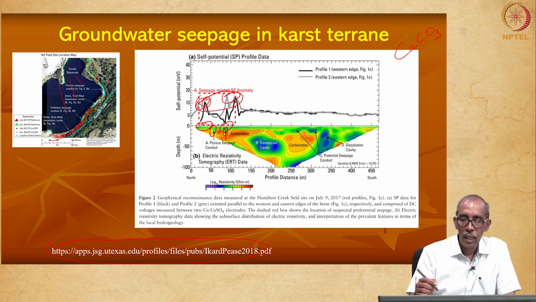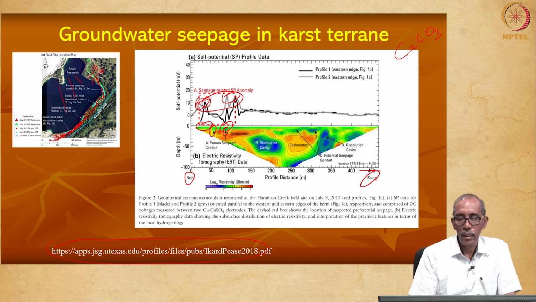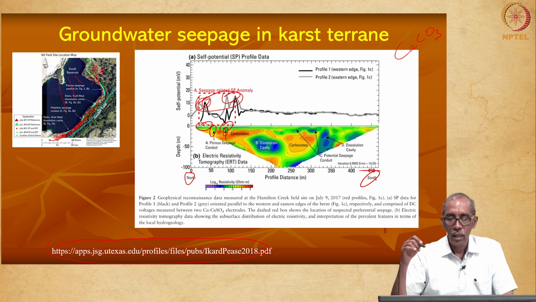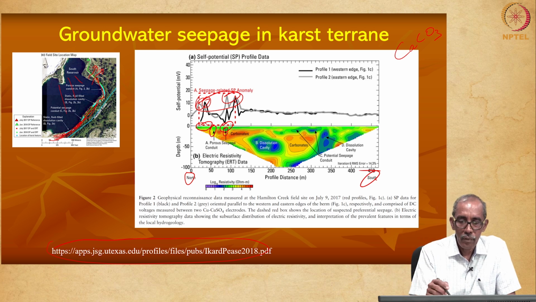Here, this is the north and this is south. So, this profile is for this particular stretch. Somewhere here, this is north, somewhere here there is some leakage, right, where the rest of the embankment is reasonably fine. So, here they had also carried out electrical resistivity.